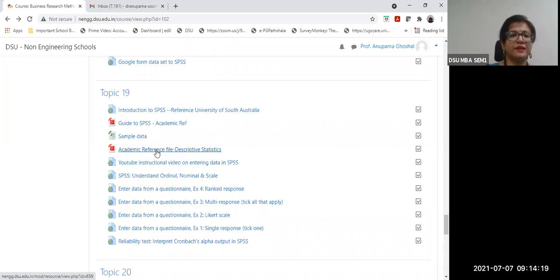The next is, there is another PDF file which I've uploaded here, which is pertaining to descriptive statistics. All right, so descriptive and inferential statistics. So how you will use the analytical software, see, any software that you use for analytical purposes, please understand that it is a means to an end. It's not an end by itself. It's a tool that helps you. With the tool, you need to understand the technique behind using the tool. So that is what the purpose of the software is.